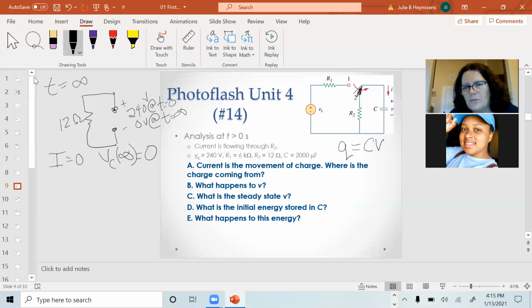So if I'm putting current through this resistor, I must be pulling charge off of this capacitor. And as I pull charge off the capacitor, the capacitance stays constant, so the only thing I can do is lower the voltage. The energy that was initially stored in the capacitor gets dissipated in heat through